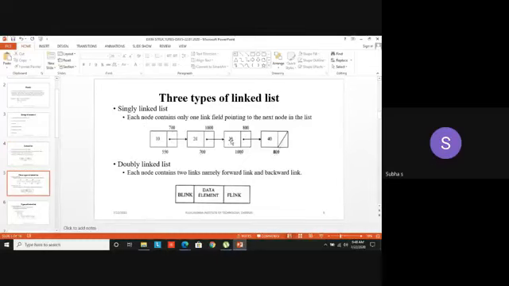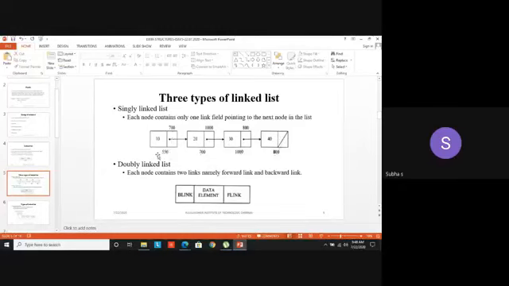Similarly, the third element is 30. What is it pointing to? Its next pointer has the value 800. That means you have to fetch the address 800. At 800, what element is there? 40. Finally, the next pointer of the last node is pointing to what? Null. It means that it is the last element in the list.